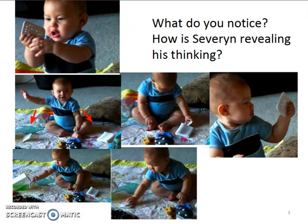Now let's take a look at some pictures of 6-month-old Severin and his sequence of play. First, we're looking at this picture over here. He is exploring some new plastic soap dishes that have been added to his play materials. Here he is noticing and handling a small soap dish, which appears to be square and bumpy and plastic. Next, in this picture down here,